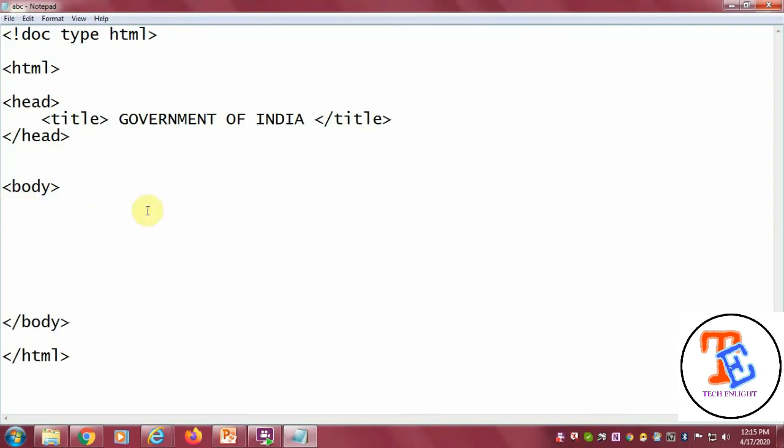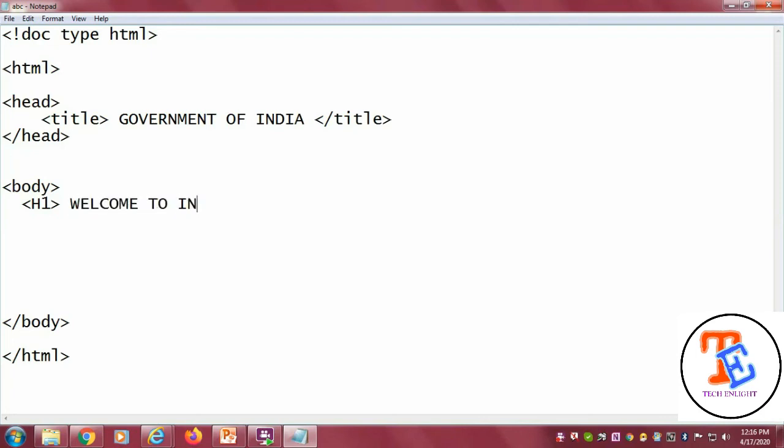Now come to the notepad again and let us see the rest of the parts of a web page. First we will learn about headings. In HTML we have 6 types of headings which are called H1, H2, H3, and so on up to H6.